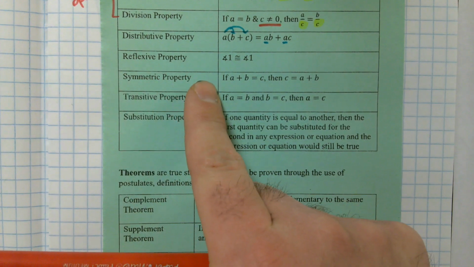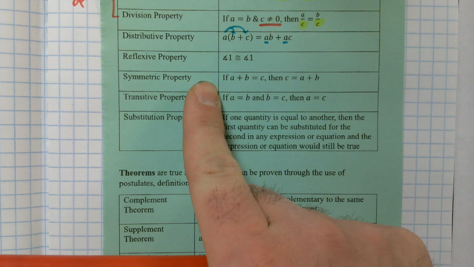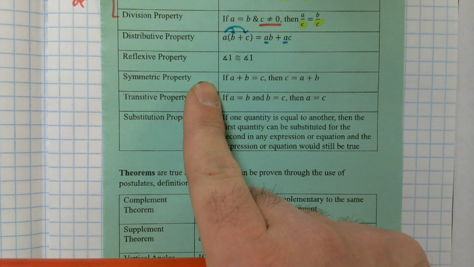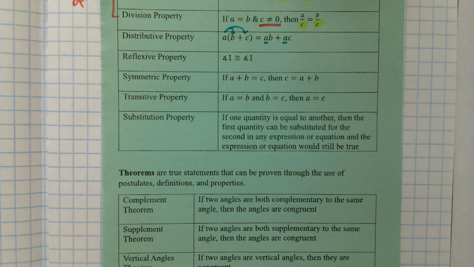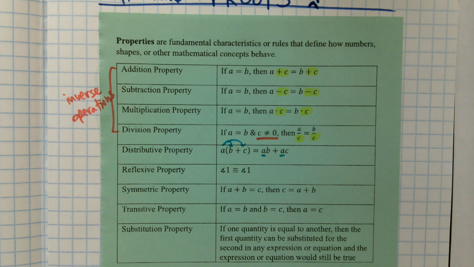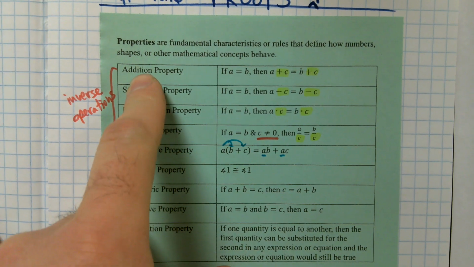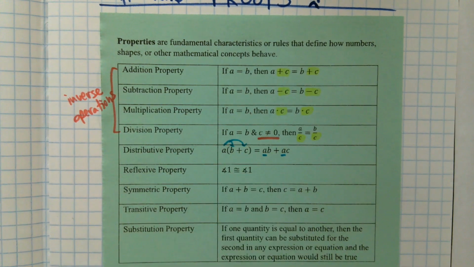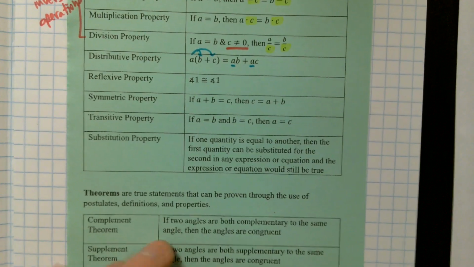Symmetric property, right? We don't learn the symmetric property, but it's something that we've kind of innately gathered through our work. And that's what a lot of this stuff really is, right? When we go through equations and I tell you, what am I going to do to both sides? And you say, oh, I'm going to add 3 to both sides. You don't say, I'm going to do the addition property and add 3 to both sides, right? We cut that kind of part out, but we're doing the exact same thing.